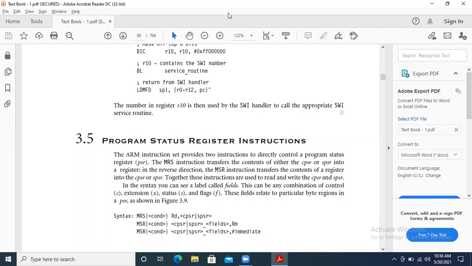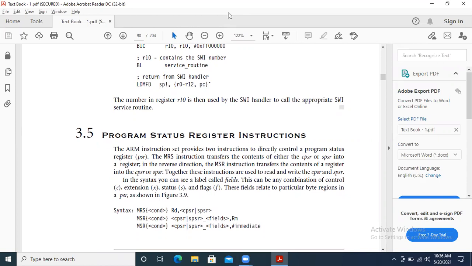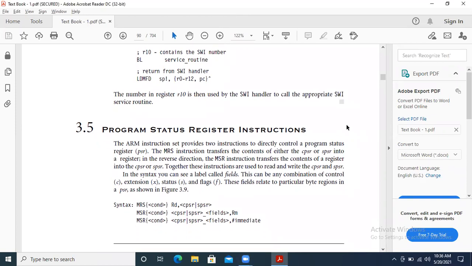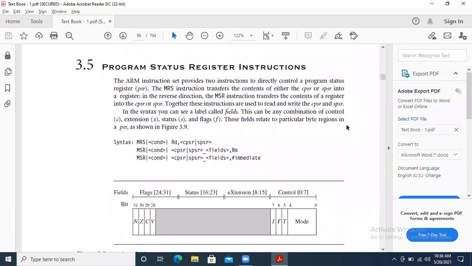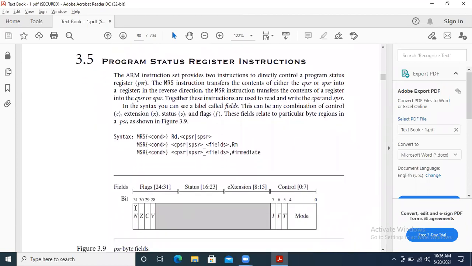There we take only the current execution, but in this we consider the whole program and we have to update the status of that particular instruction. That is called a PSR, the program status register. The remaining operations are the same here. So if you observe the diagram of this one, it looks the same only. It's a size of 32-bit.